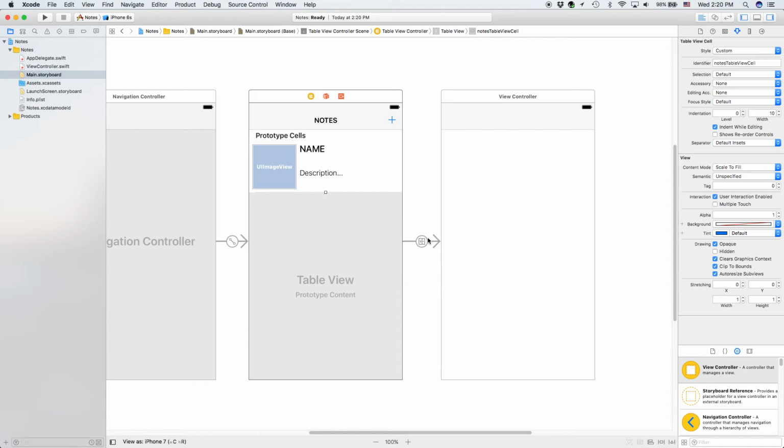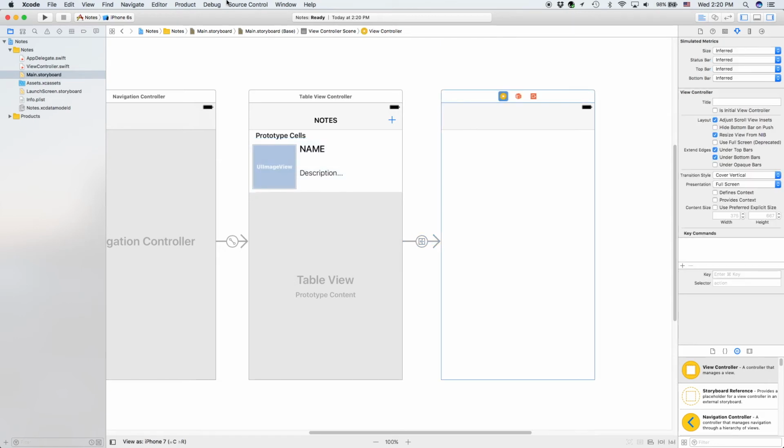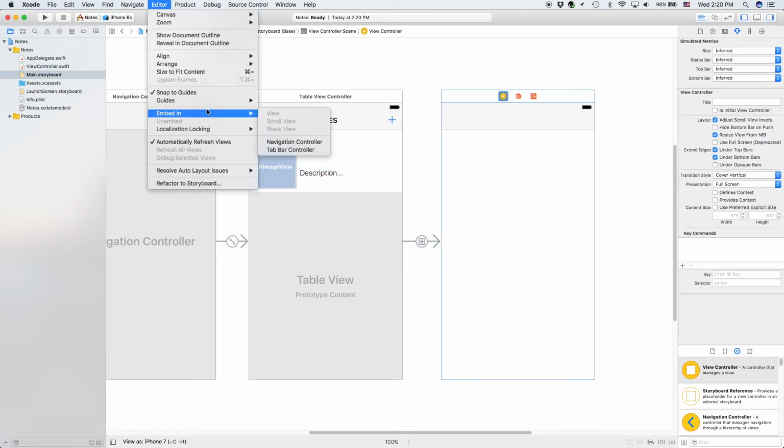And we're going to give an identifier for this. We'll call this show note. This will be the segue identifier, which we will be using in our code later. And now we want to select this view controller, and we're going to click editor, embed in, and add another